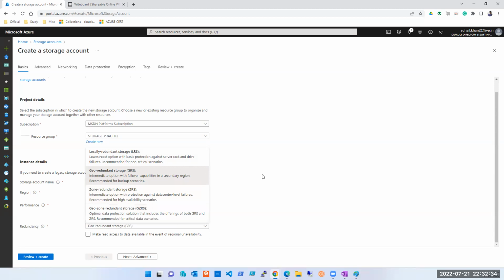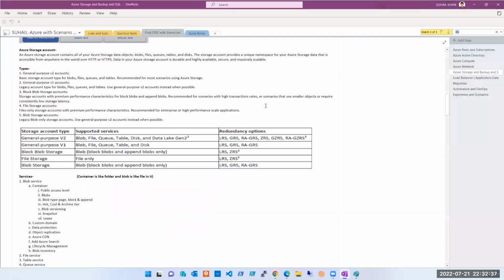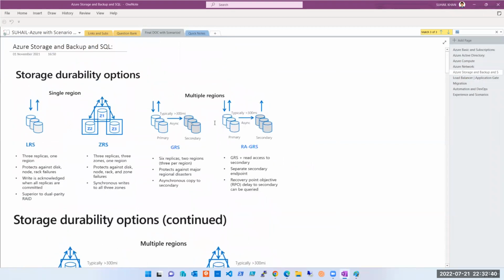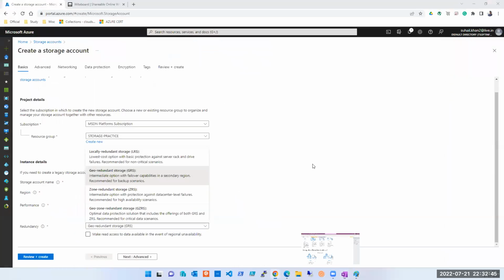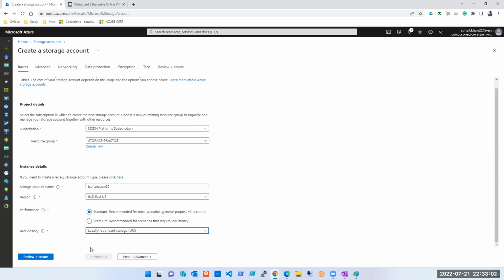Now tell me one thing guys, looking at the screen, from where should I get this option? मुझको बाकी सब तो दिख गए. Where is my RAGRS and where is my RAGZRS? There is a checkbox below. Right. So anything जहां पर भी read वाला option available है, see the moment you select LRS वो checkbox चला गया. Why? Because in LRS there is no read access option. And whenever we have that option, wherever we have that option, वहां पर ये आ जाएगा.